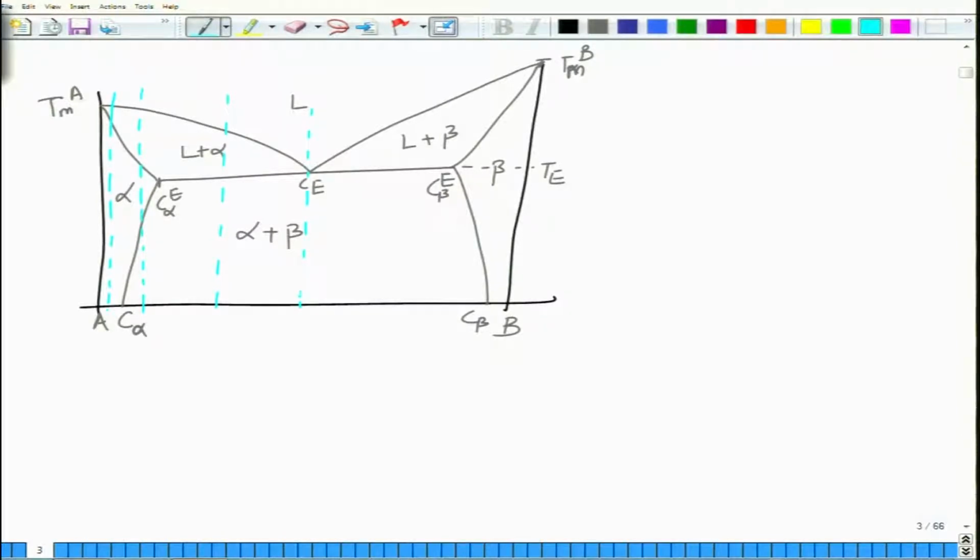The evolution of microstructure on the other side will be similar to what happens on the left side. It's just that the phases are different. So, as you know, in the eutectic phase diagram, this region is called hypoeutectic. Hypoeutectic are the compositions which are lower than the eutectic composition. So, basically C less than Ce, and this region is called hypereutectic, where C is greater than Ce, and the one which is at the center is called the eutectic composition.